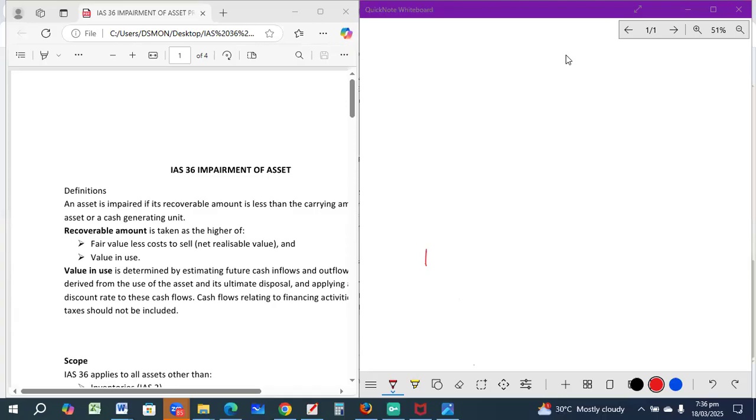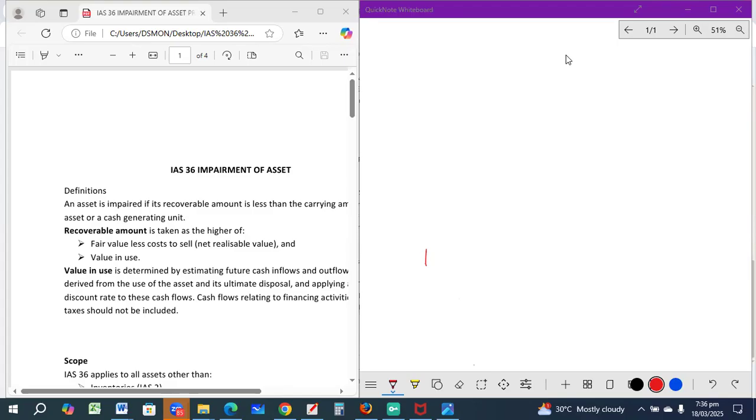All right, so we have impairment of assets, impairment of an asset. When we talk about impairment, we are saying that an asset must be carried